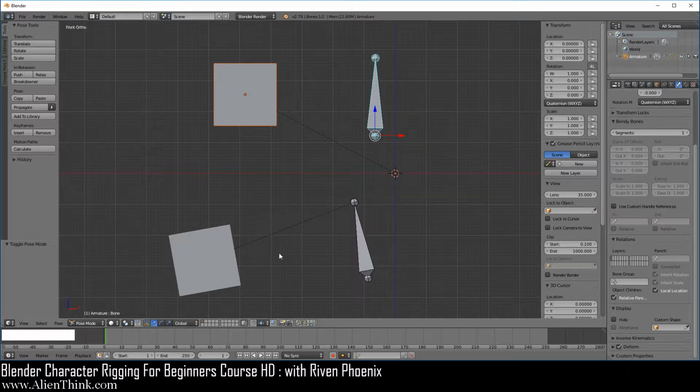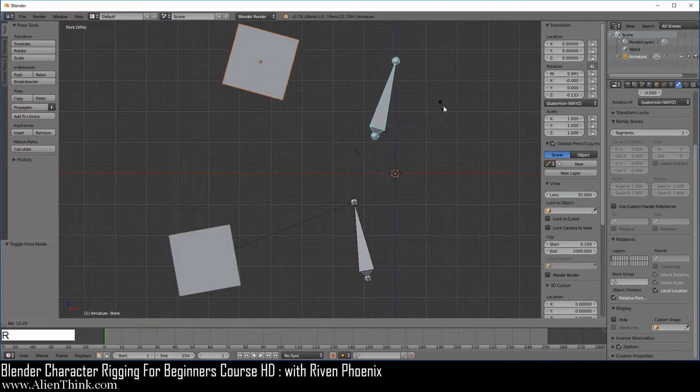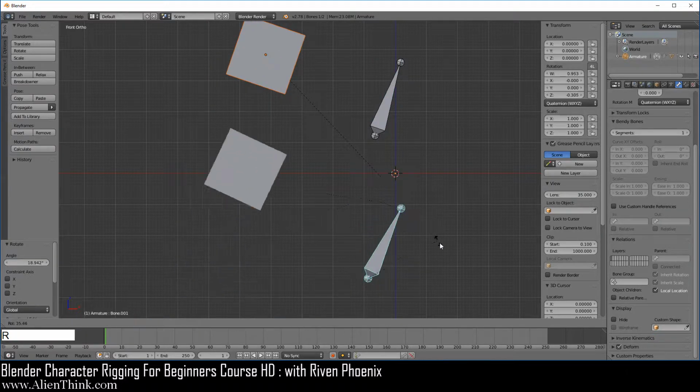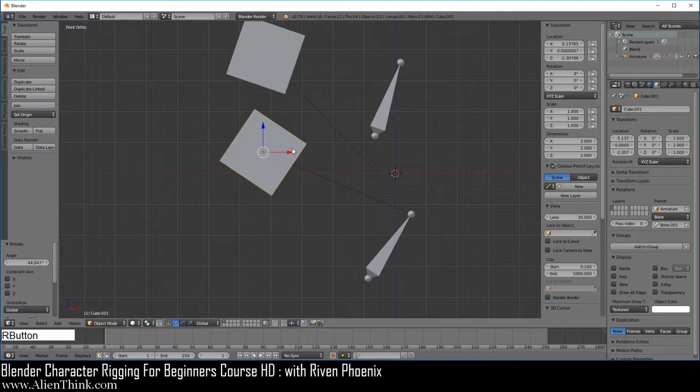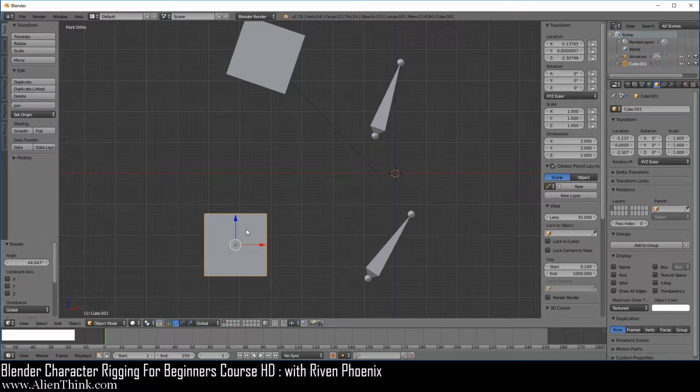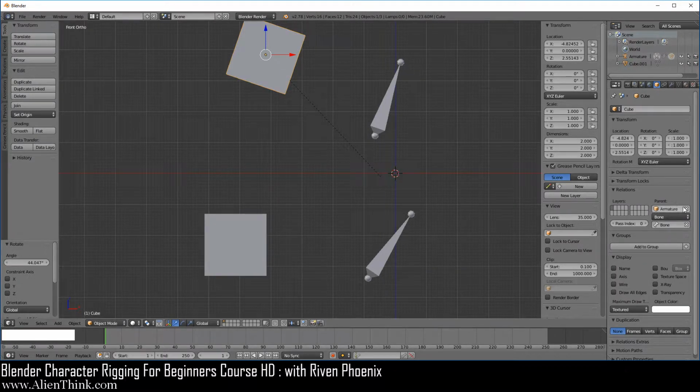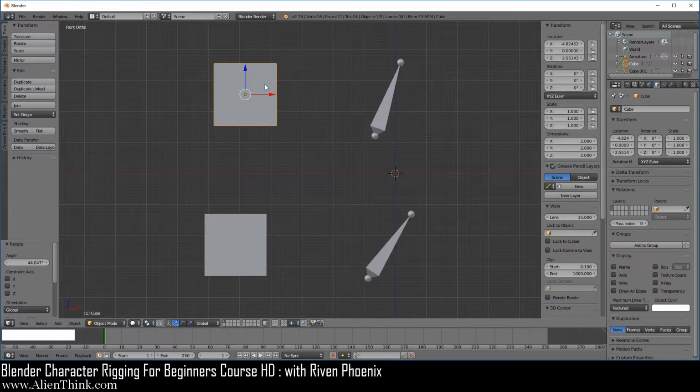Now remember, in both cases, when we click on this bone, press the R key to rotate, click on this bone, press the R key to rotate. When you click on this object and remove the armature, it'll go back to its original starting position. When you click on this and click X, it's going to go back to its original starting position. So now this helps us to understand the next concept, which is Object (Keep Transform).